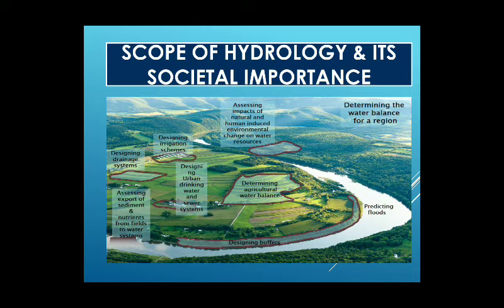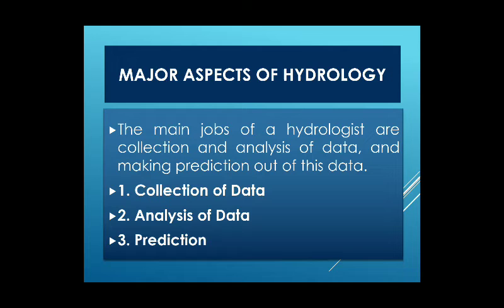Industry and agriculture also. So it is basically used for generation, navigation, fisheries also. Now the main jobs for a hydrologist are the collection and analysis of the data and making predictions out of this data. So firstly, collection of data comprises rainfall data,